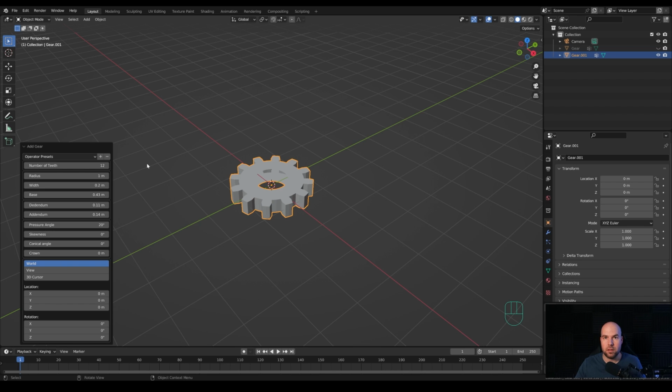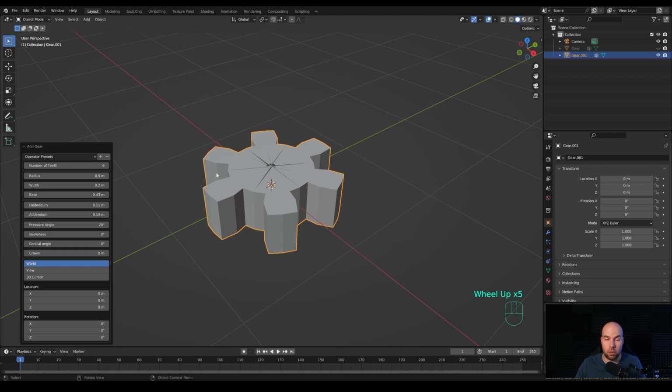And the easiest thing is to do just a 2:1 ratio. So either you do double or half the number of the teeth. So let's do 6 here. And basically we want to lower the radius, so we can do that 2:1 turn ratio. So let's modify this to 0.5. So we'll create this smaller gear.